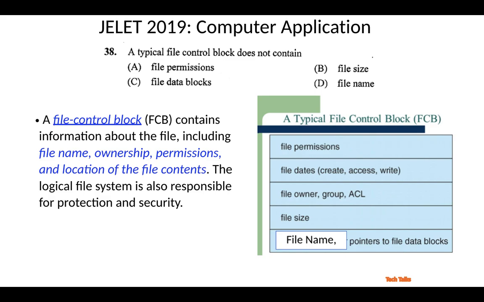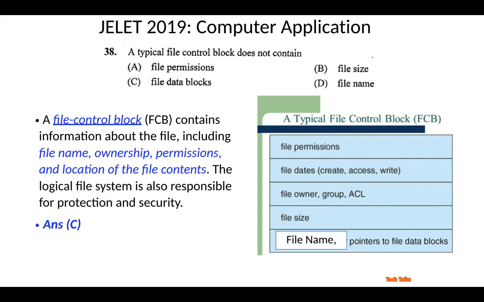in the file control block only, but the actual data of the file, so all these are metadata, data about the data. Suppose it is a movie file, then the movie itself is not kept in the file control block. All other things, name of the movie, length of the movie, or who can play the movie file, what type of file it is, all this data is kept in the file control block, but the actual movie, the frames, the scenes, that video file data, that is not kept in the file control block. So the answer is basically C, the file data blocks.